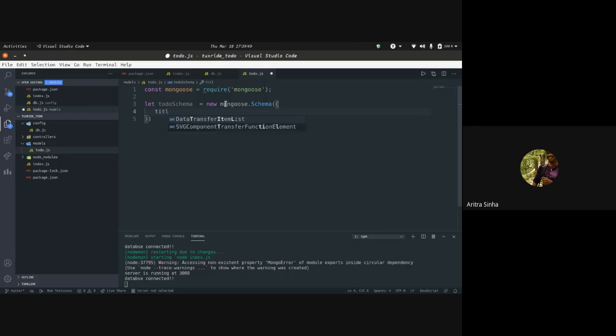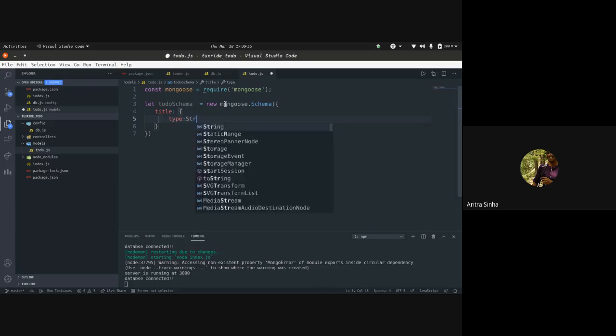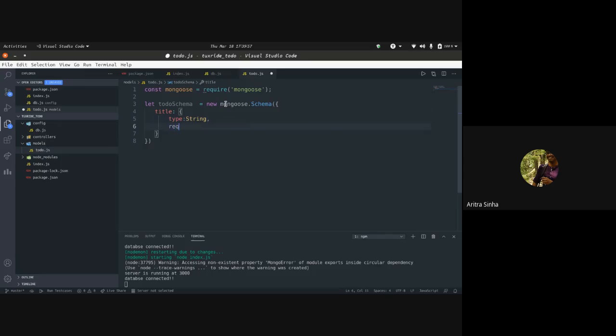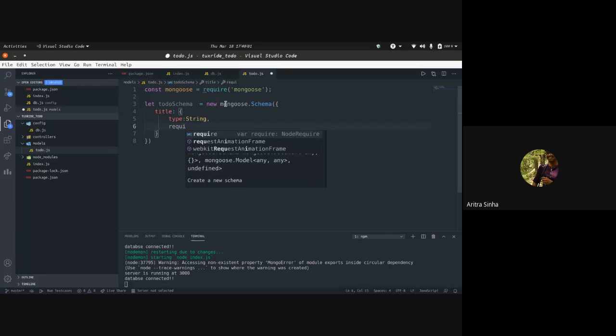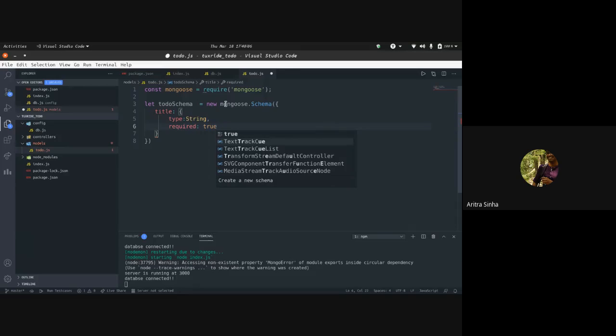So we want title, obviously, and we create a JSON object and give its type as string. Required will make it necessary for it to be present, otherwise the object won't be created.